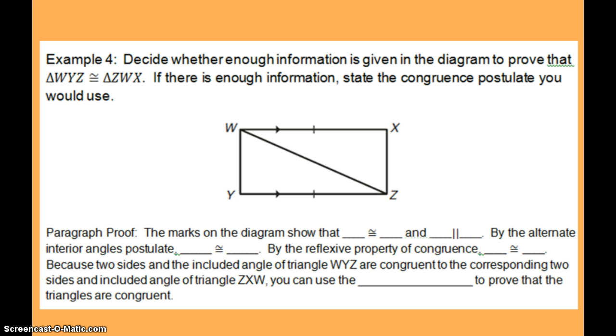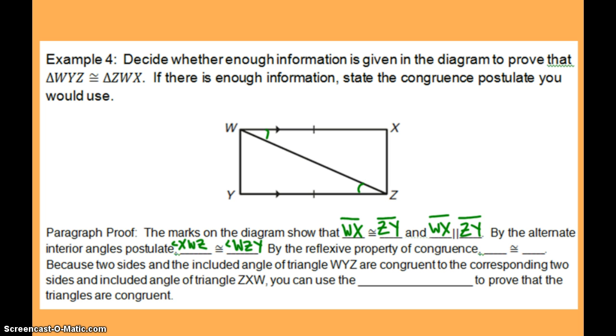Alright, also, here we have a paragraph proof that they want us to fill in. It is our job to prove that triangle WYZ is congruent to ZWX. So it says the marks on the diagram show that WX is congruent to ZY, and also that WX is parallel to ZY. So by the alternate interior angle theorem, we can say that these two angles are congruent. So that would be angle XWZ and angle